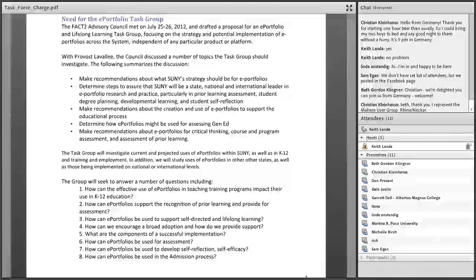The approach we're taking is sort of a life cycle approach. Ideally, in New York State, we could perhaps coordinate a K through 20 or K through 20 plus approach to e-portfolios.